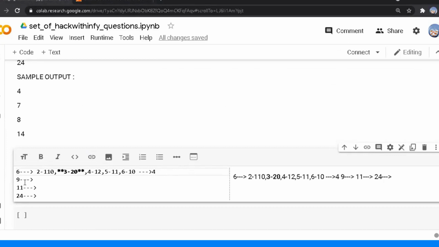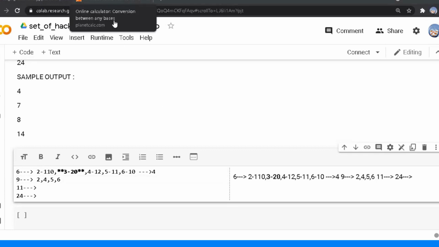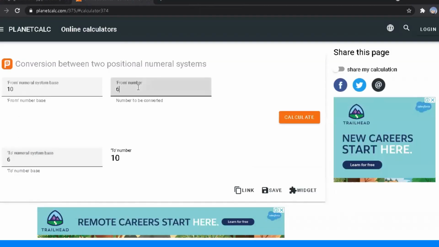If I see the same case for 9, we always include up to 6. 2, 4, 5 and 6 must be included, because up to 6 itself we found that. So I just tried it for the number 9.